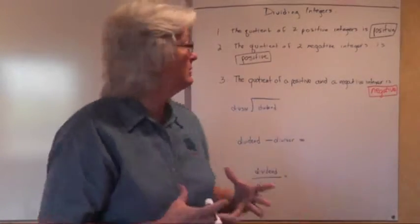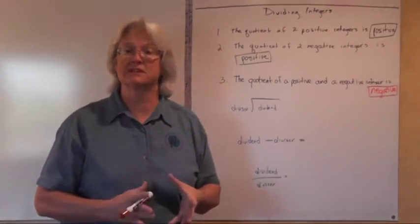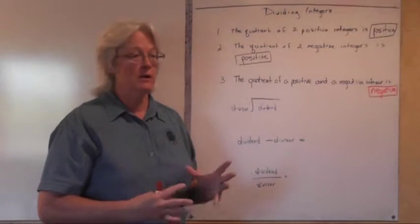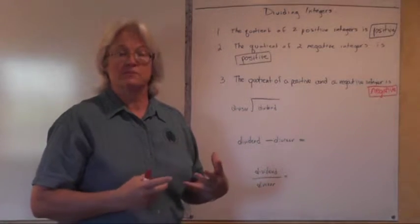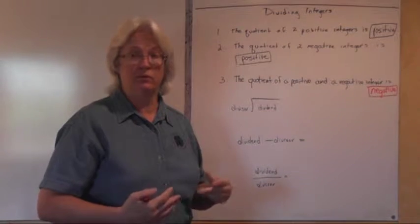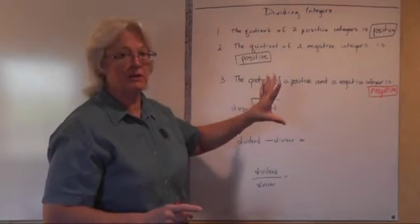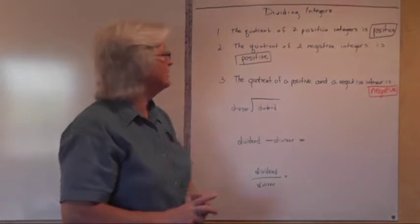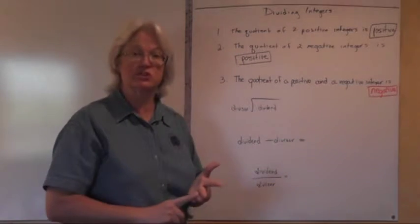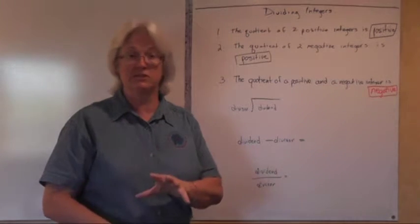What we have to do this morning is very, very simple. We're talking about dividing integers, which I just said are our positive and negative numbers. There is also zero. Now, integers are not fractional numbers. It's not like 1.5 or negative 3 2/3, but the rules are still going to be the same for dividing negative numbers. We simply learn these relationships that are very much related to how you multiply together positive and negative numbers,